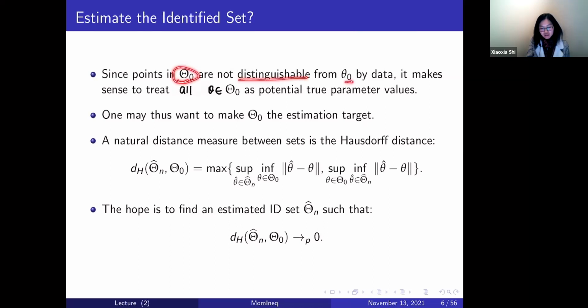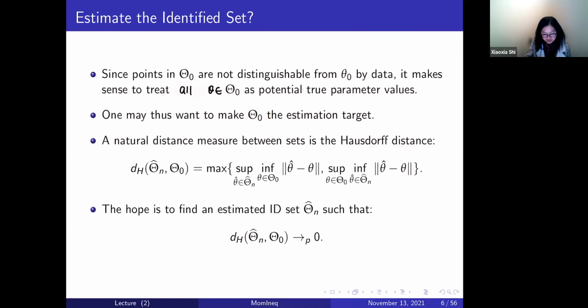Since the other points in the identified set are not distinguishable from theta naught by data, it makes sense to treat all the points in the identified set as potential true parameter values. One reasonable thing that people might want to do is to treat the identified set as the estimation target, and just try to estimate the identified set. That's a very natural idea. But sets are different from points, so they belong to a different metric space. A natural metric on the space of sets is the Hausdorff distance,